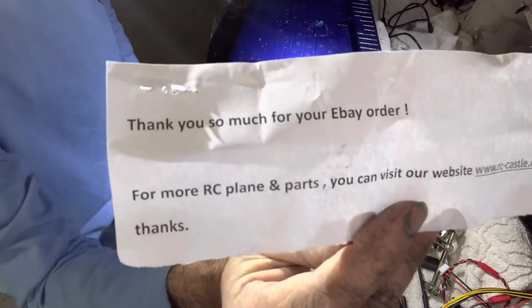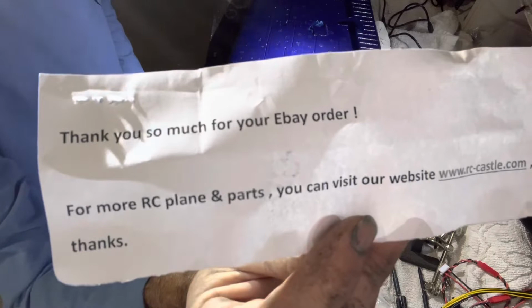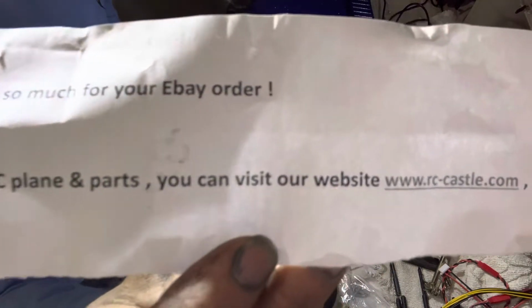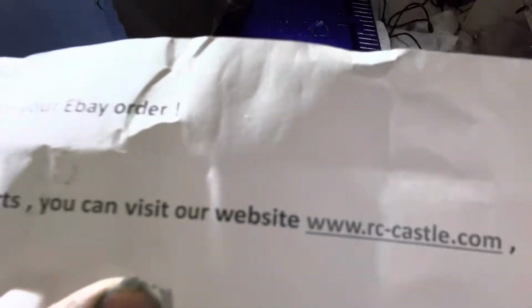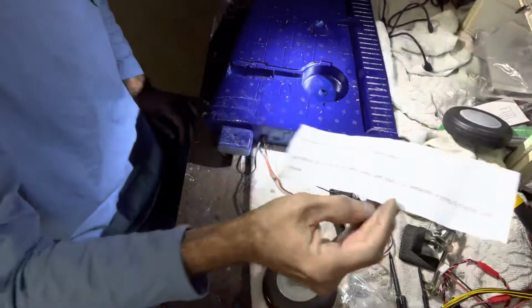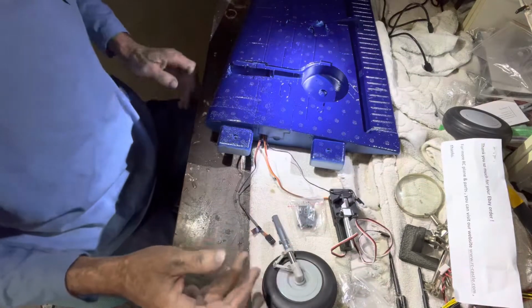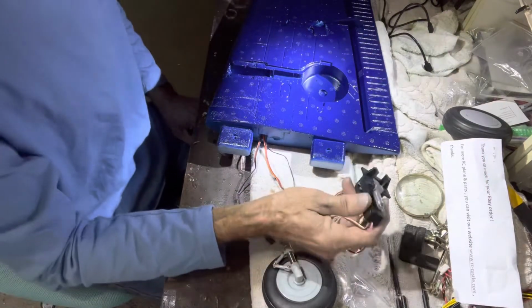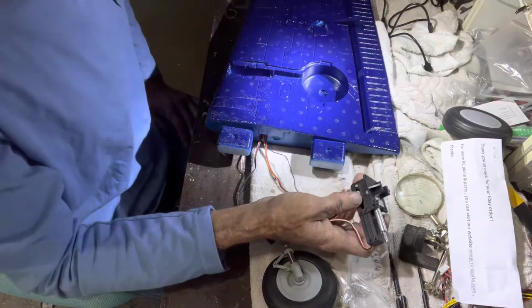I'll let you read it there a little bit. I bought quite a bit of ring burners from them and some parts from them. But then over here it says get in contact with RC Castle. So that could be just like a break-off store of RC Castle. Hell, I don't know. But it was coming out of Hong Kong, and I ordered it last...